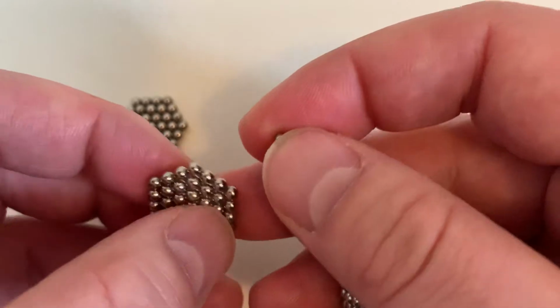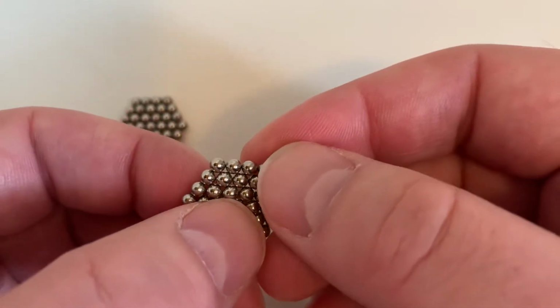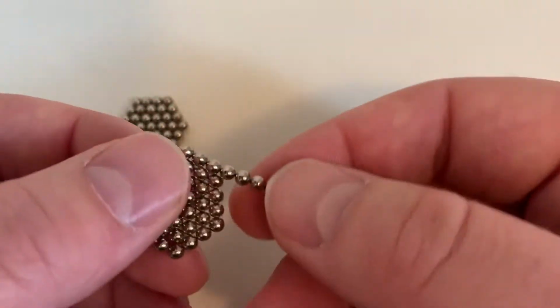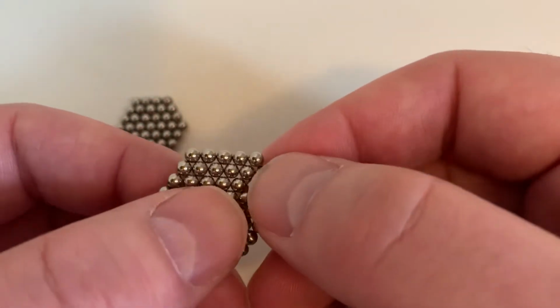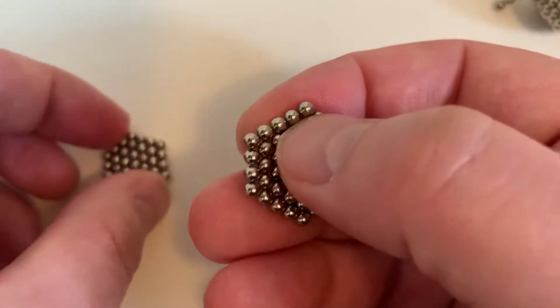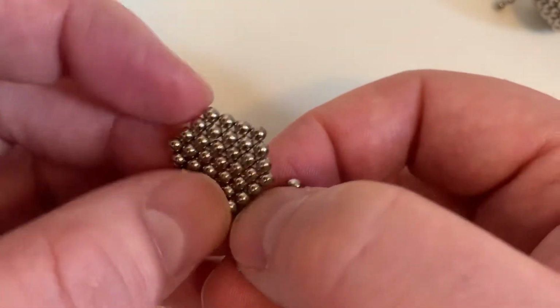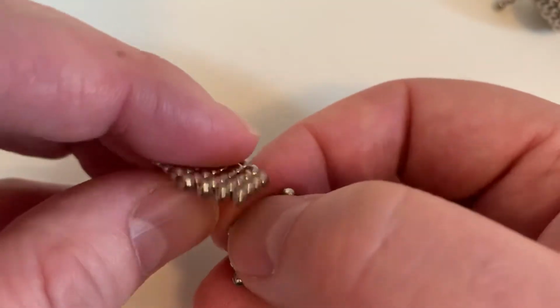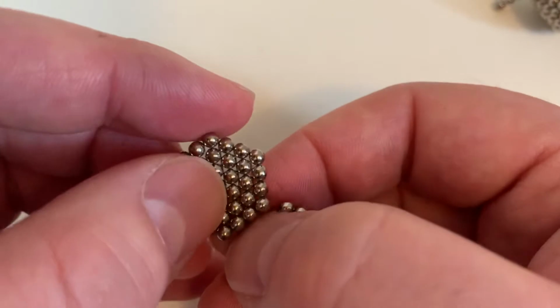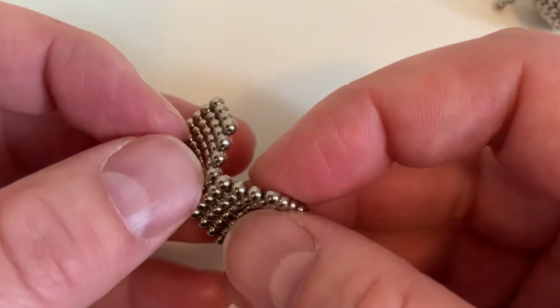Now the second hexagon we'll make into a 4 or 5 hexagon by wrapping around 3 of the edges. 1, 2, 3. And the side that has 5 needs to alternate when it fits with the other one. Okay, so now we can fold it over,